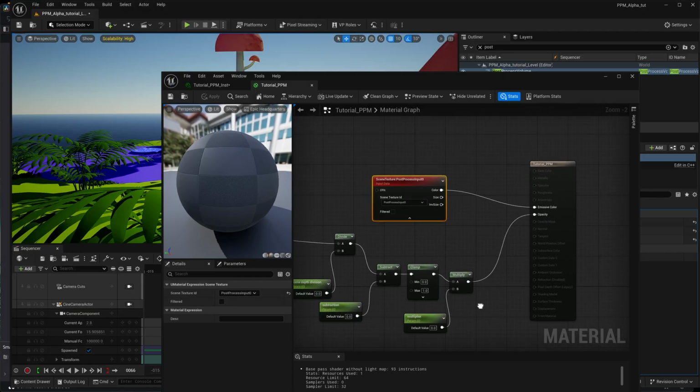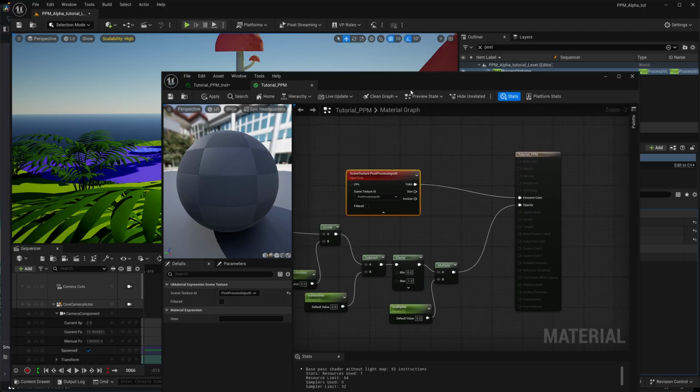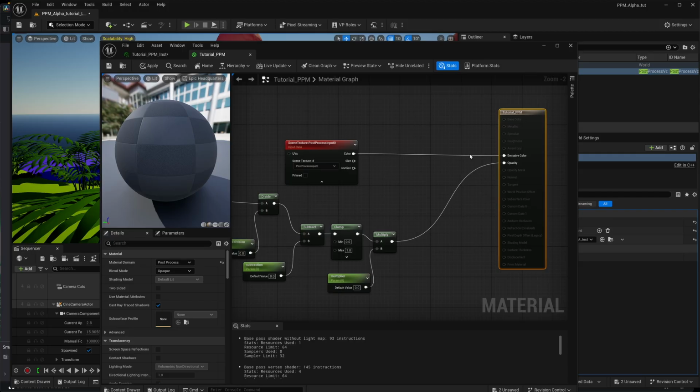We're adding this alpha to it. So you can render that out as is,